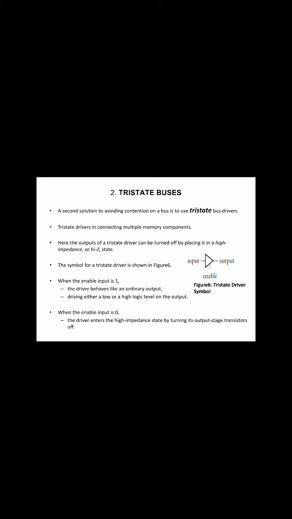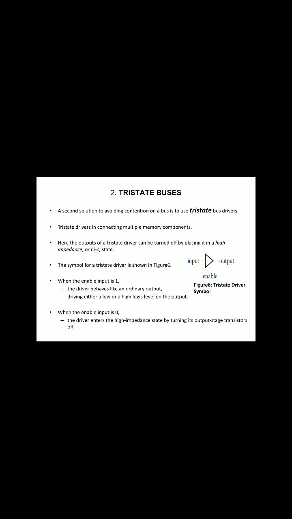Whenever the enable signal is 1, pardon me, I wrongly said. This is a logic high controlled buffer. Whenever enable is 1, the data is transferred from input to output. I repeat, this is a tri-state buffer which is controlled by logic high state. When enable is 1, the input will be passed to the output.